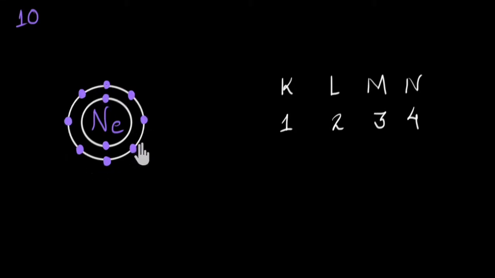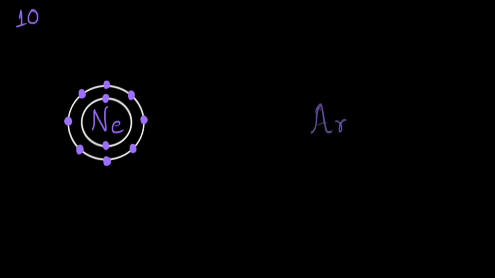One thing to notice over here is that the outermost shell of neon, also called the valence shell, has 8 electrons in it. Now with this, let's look at an example of one more noble gas, argon. Its atomic number is 18. This means that there will be 18 protons in the nucleus of argon, and since we have taken a neutral atom of argon, we will have 18 electrons going around the nucleus.